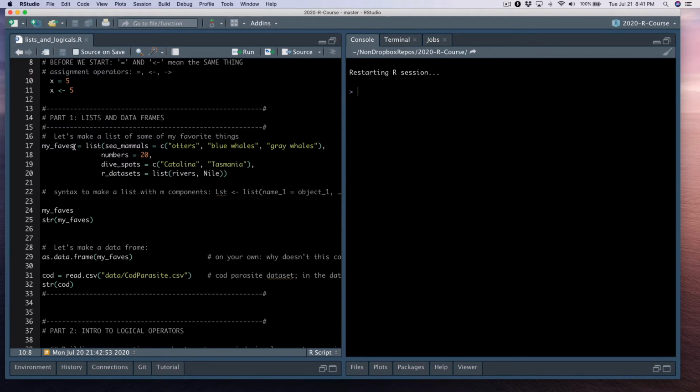All right, so let's make a list of some of my favorite things. So this list I'm calling my faves, and we use the list function here to initiate a list. And then to create the components of the list, you can name them. And if you do, the name goes on the left-hand side. So I'm naming the sea mammal components this, and then I'm creating a character vector of my favorite sea mammals. We have a numbers vector, a favorite dive spots vector, and a favorite R datasets vector. And I will show you what those are in a second. So if we create this list